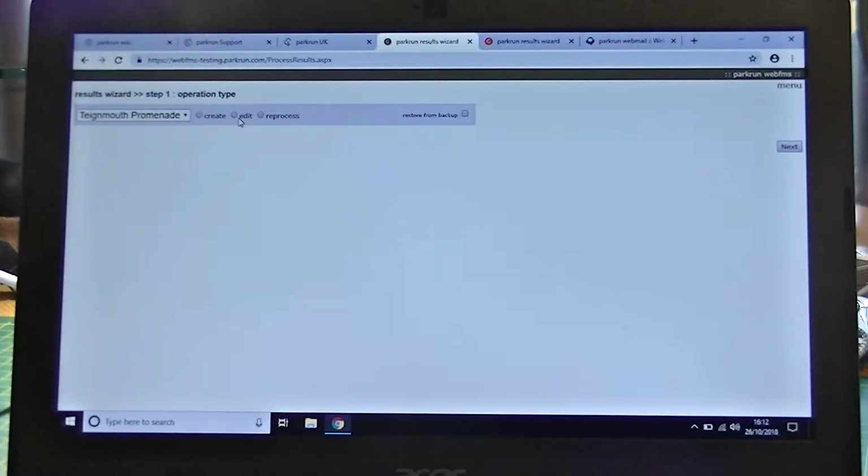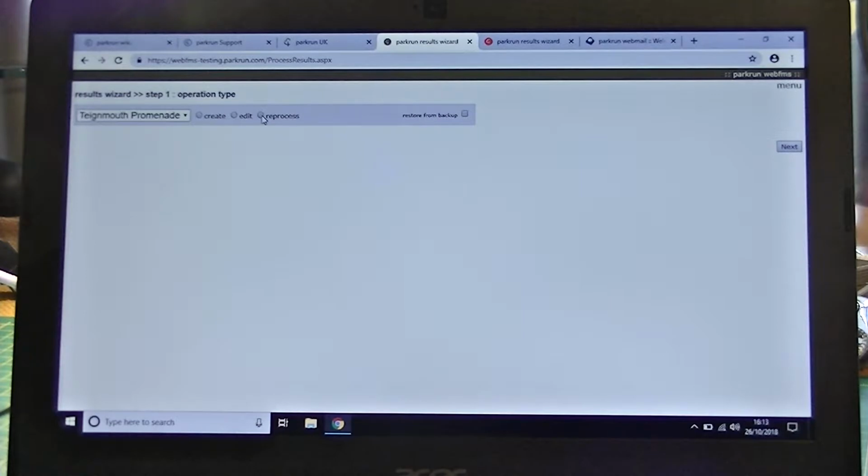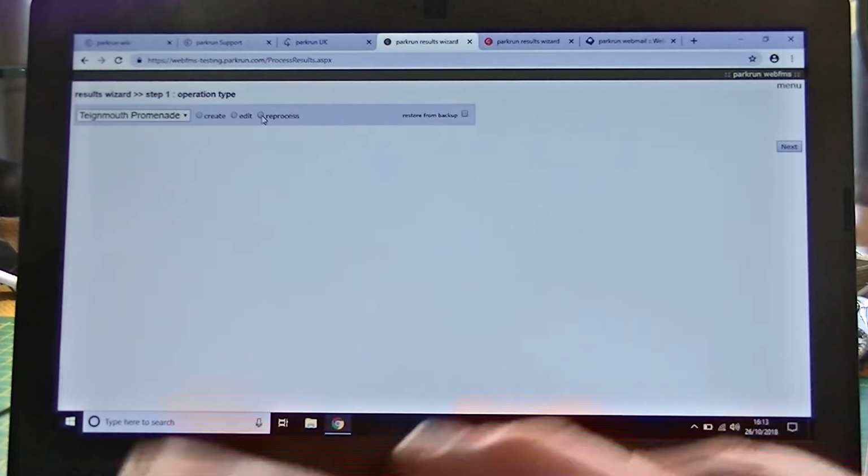You can edit. So if you were, say, in the live system and someone emails in and says that their time or their finish token position didn't register for some reason, and they email you in with their barcode number, you would go into edit, because that means you can just update some positions. The third option you've got here is to reprocess. So if something went absolutely direly wrong, you can just reprocess from scratch. So we're just going to create